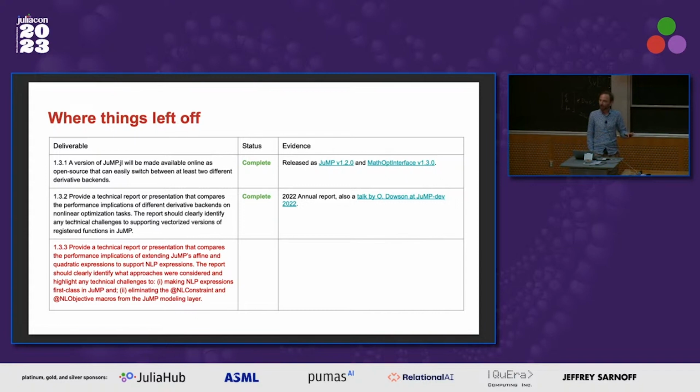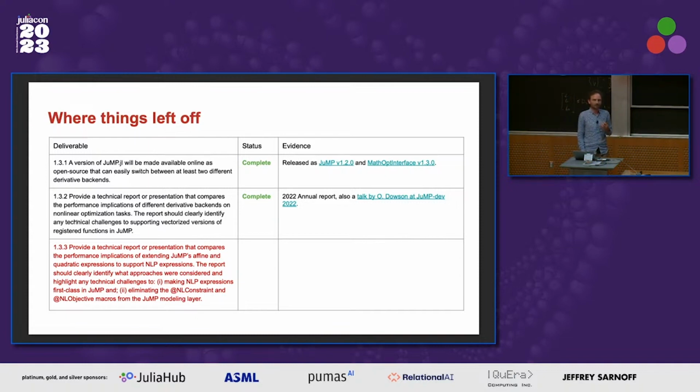As part of that work, in the background, we ended up ripping out all of the nonlinear stuff that was in JMP and moving a lot of it to MathOpt interface. At one point last year, we made a new release to JMP that broke InfiniteOpt, and Josh had to go and fix a bunch of things. So the AD stuff has been done, but the next set of things were really